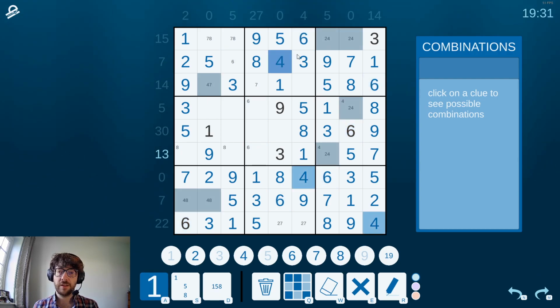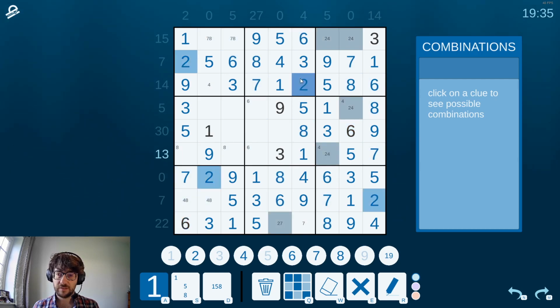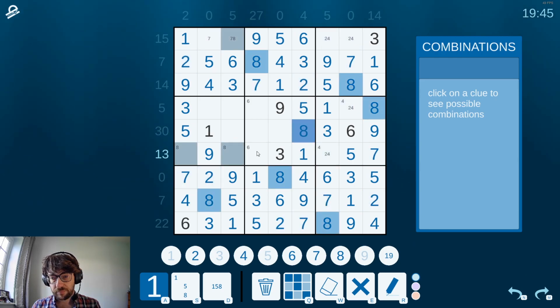I think this has done it. So that's a 4, that's a 6. That's a 7, that's a 2. That's a 4. That's an 8, that's a 4. That's a 7, that's a 2. And then...